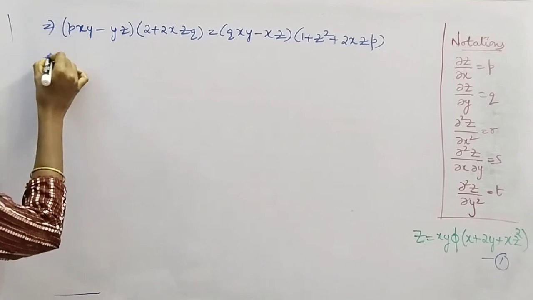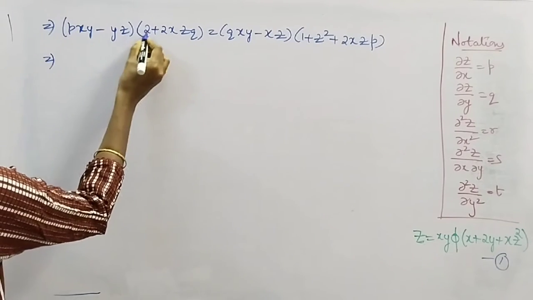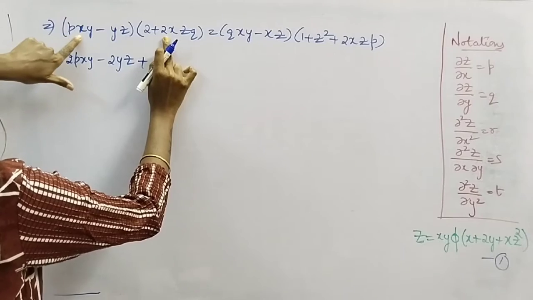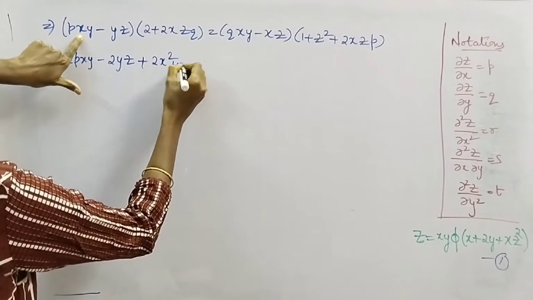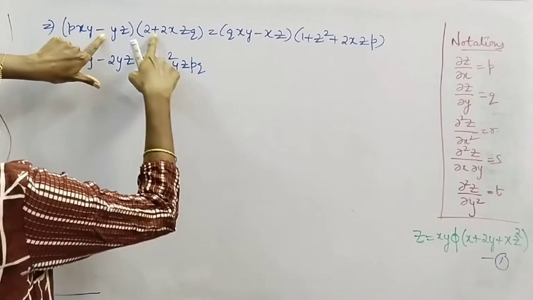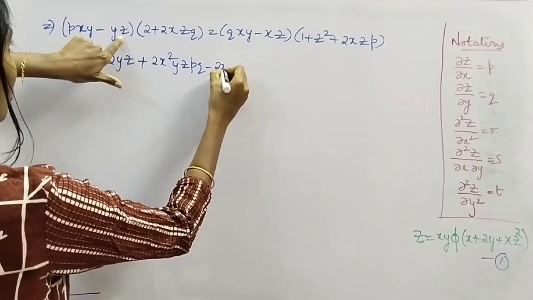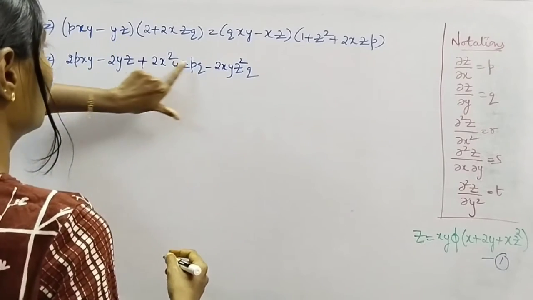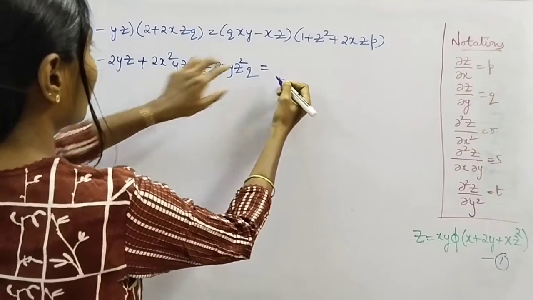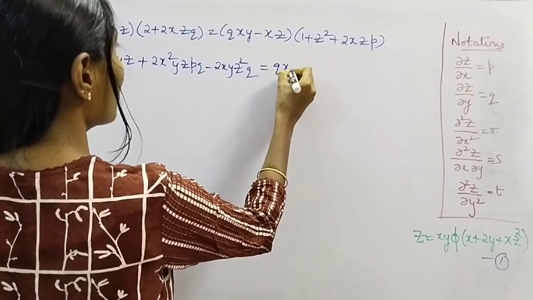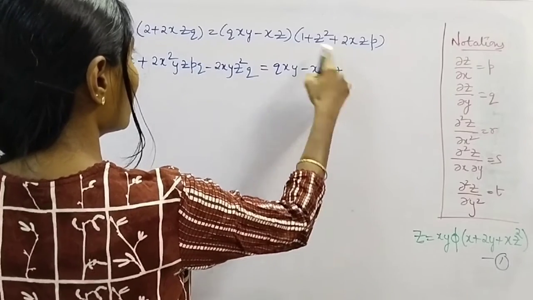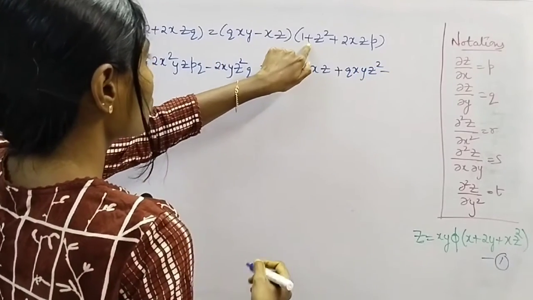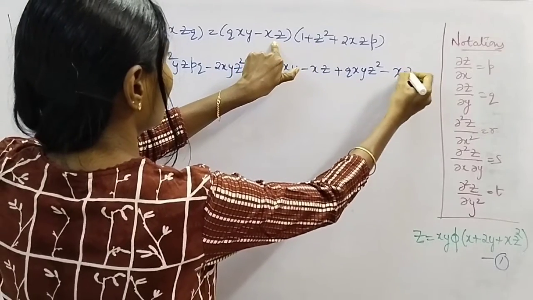Now let's simplify this equation. We'll get 2 terms into 2. 2pxy minus 2yz plus this term into this term, 2x into x square yz pq, minus into plus minus this term into this, 2xyz into z square q, right? 1 2 3 4 terms equal to this into 1, these two terms into 1 gives qxy minus xz plus z square into these two terms, qxyz square minus into plus minus xz into z, xz cube, okay,